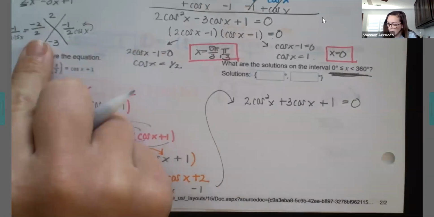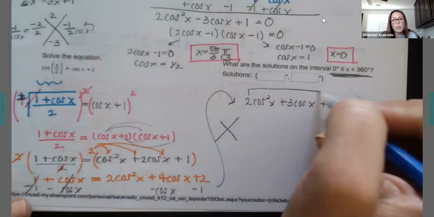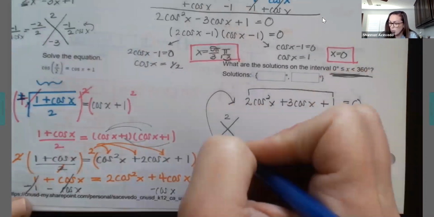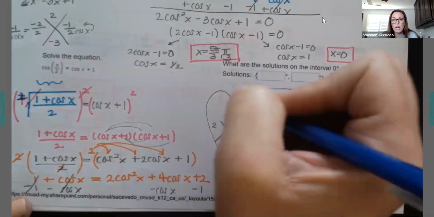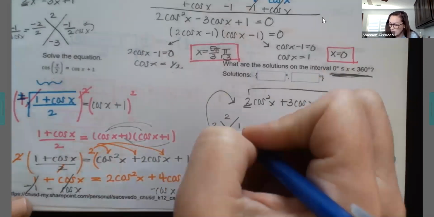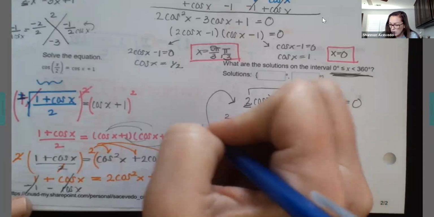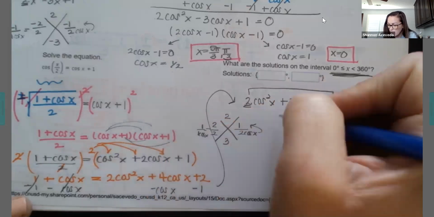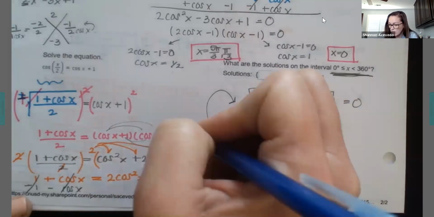I need 2 numbers that multiply to 2 and add to 3. Those 2 numbers are going to be 2 and 1. But again, we have a coefficient other than 1, so don't make the mistake and forget about that. That means I divide both of these by 2. This can simplify to 1 over 1, so the cosine of x is always in the denominator. So this factors into 2 cosine of x plus 1, and cosine of x